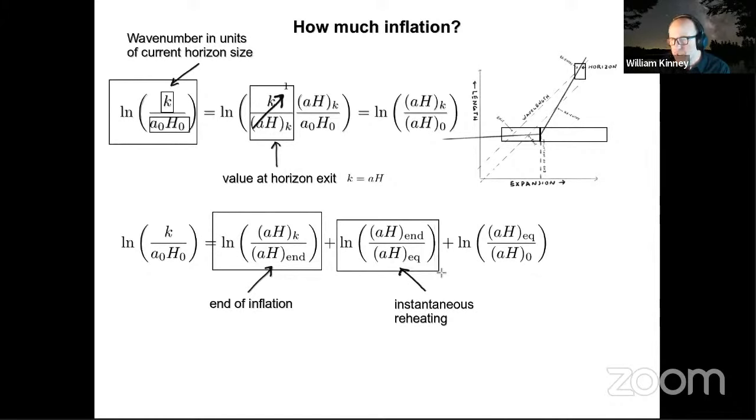After the end of inflation, the universe is radiation dominated up until matter-radiation equality. And I'm making an approximation here that reheating is instantaneous, that when inflation ends, I immediately enter a radiation dominated phase. If reheating proceeds for a little while, there's going to be some other terms in here, but for simplicity, I'm ignoring them. And then another factor that just depends on the evolution of the co-moving horizon size from matter-radiation equality to the current universe, which is just a constant, right? It just depends on our parameters for our LCDM cosmology.